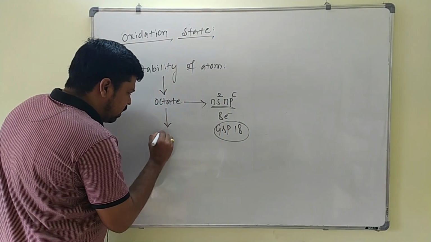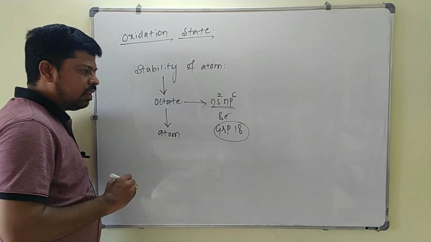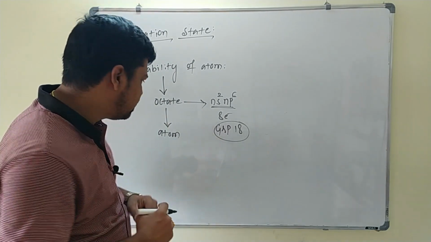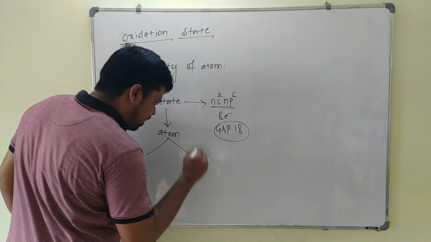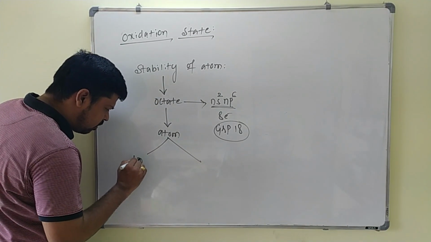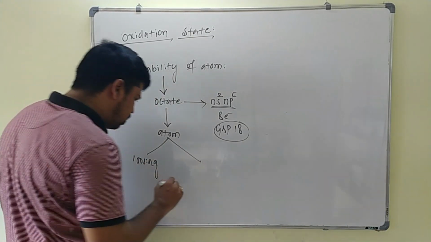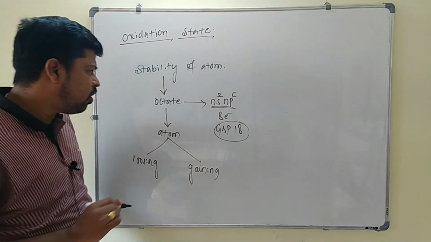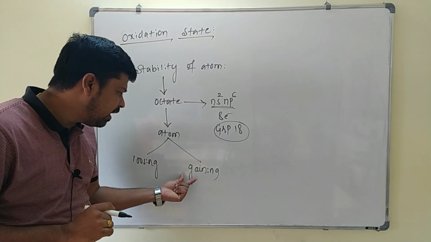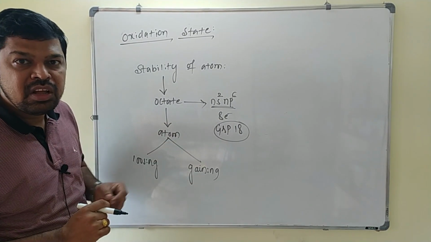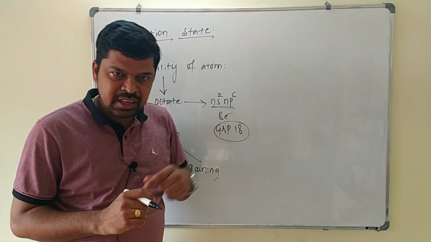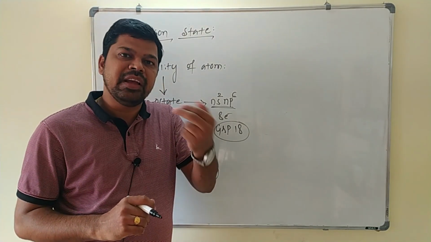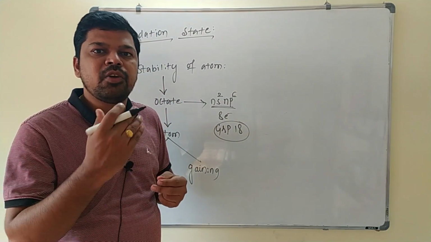But the atoms other than group 18 in the periodic table try to achieve this octet configuration by losing or gaining electrons or by the mutual sharing of electrons. So all the atoms have two possibilities, losing or gaining electrons. Now to achieve the octet configuration, this losing or gaining depends on what? How many electrons are present in the valence shell, first thing, and what is the size of the atom. If it is a small size atom, it tries to gain electrons. If it is a large size atom, it tries to lose electrons.